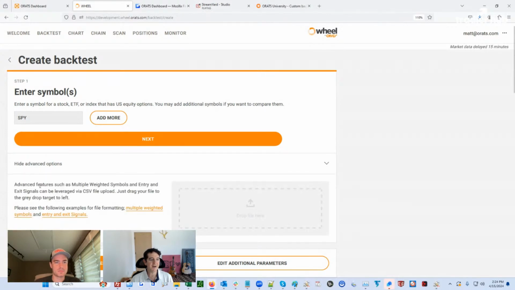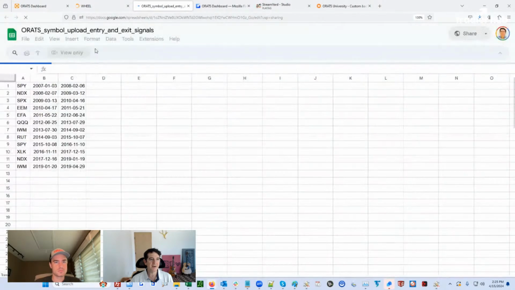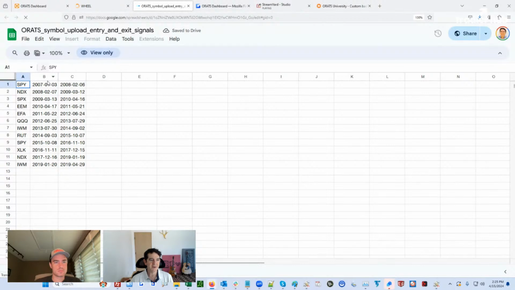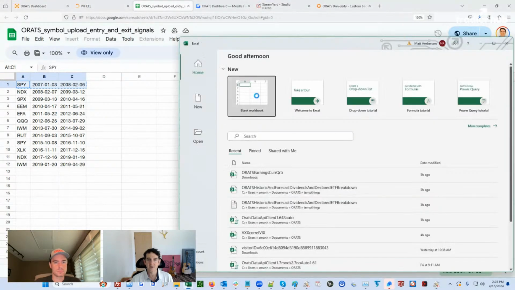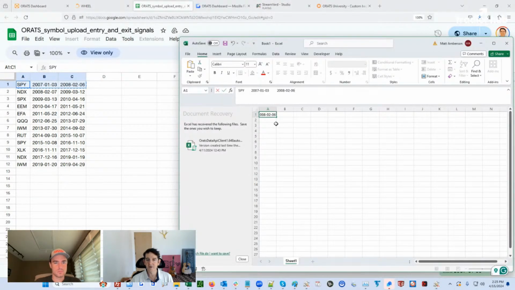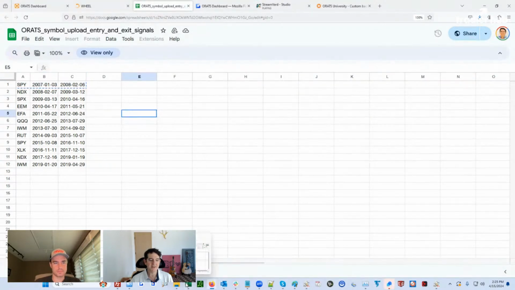So if you go to advanced options, you could see entry and exit signals. So you could paste in entry and exit signals, and this is a document that we have that shows the format. But we can make our own formats or whatever in here and paste that in. So if I were to paste that in right now,